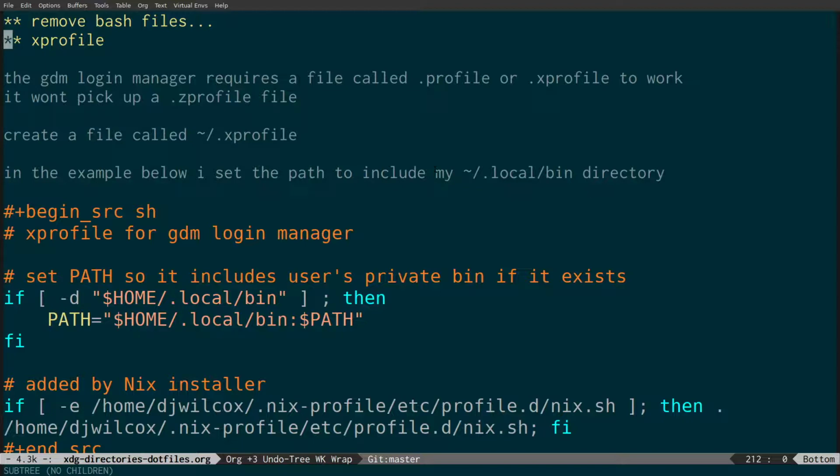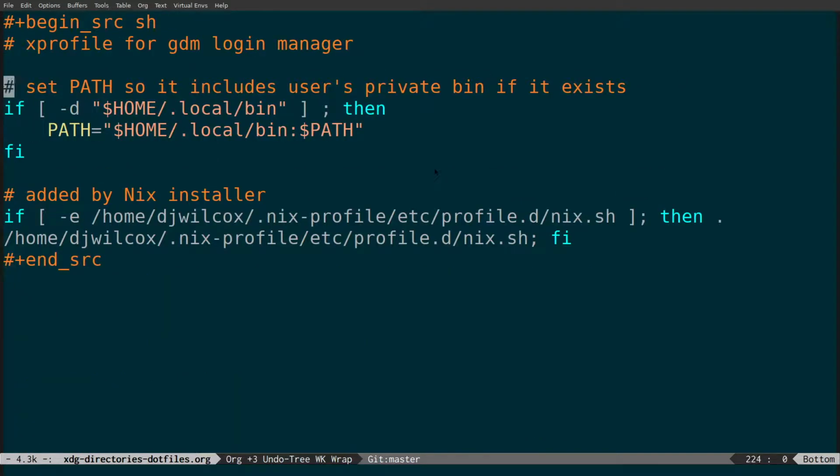.xprofile file. And I've got some notes here. The GDM login manager requires a file called .profile or .xprofile to work, and it won't pick up a .zprofile file. So if you're using ZSH and you have a .zprofile file, the GDM login manager won't use that file. So what we need to do is create a file called .xprofile. In the example below, what I have is a path to my .local/bin directory, which is where XMonad, my window manager, is installed. And this section here is added by the Nix installer, which is a package manager that I've mentioned a couple of times,